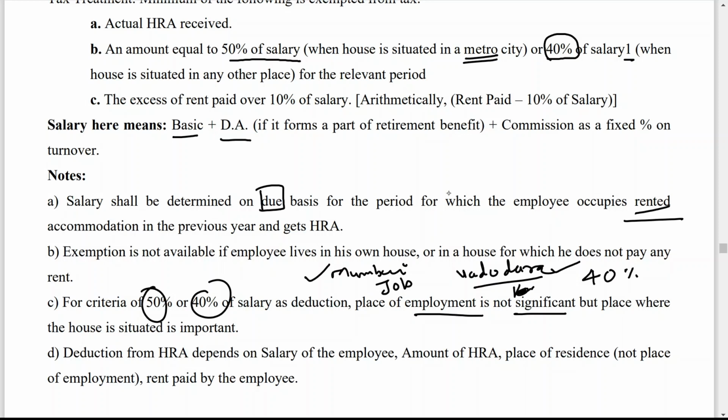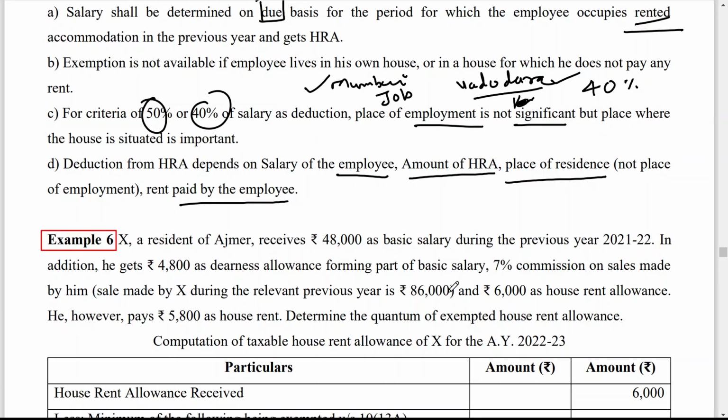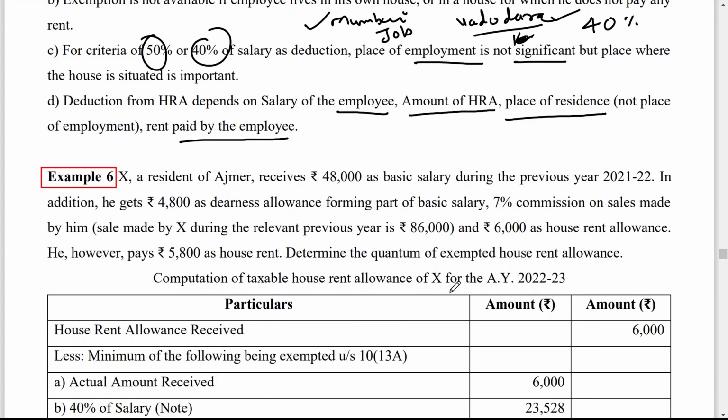Deduction from HRA depends on salary of the employee, amount of HRA, place of residence, not place of employment, and rent paid by employee. So these are the factors which will decide how much deduction you will get. That is salary of the employee, amount of HRA, place of residence, and rent paid by employee. If you club all these provisions, then you will get how much deduction you are going to get, and the calculation is easily possible. Now let us discuss one example to make you understand